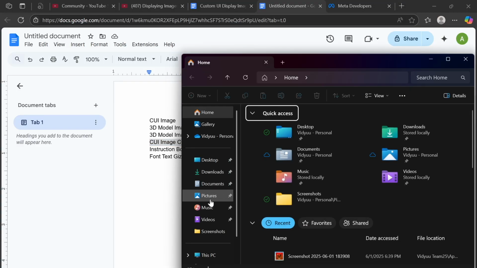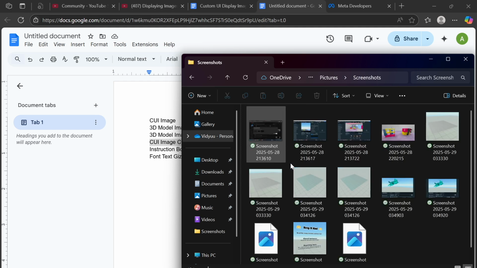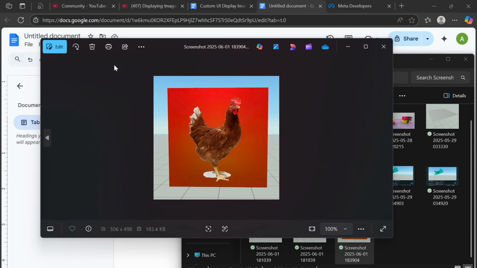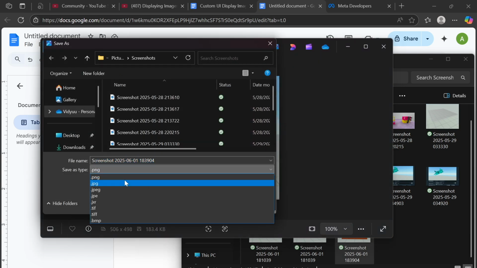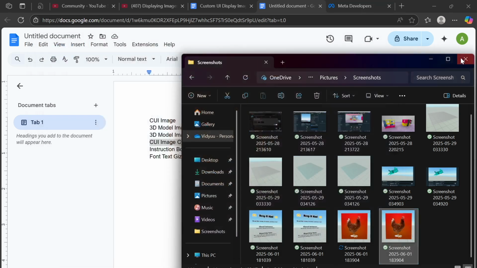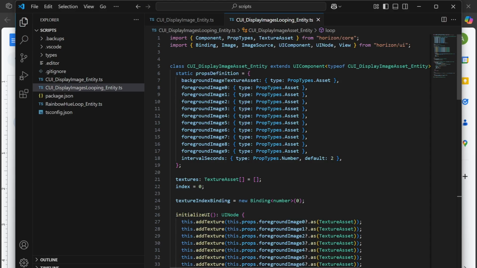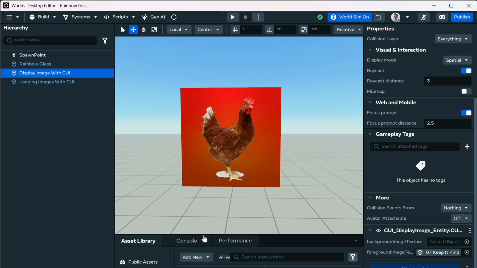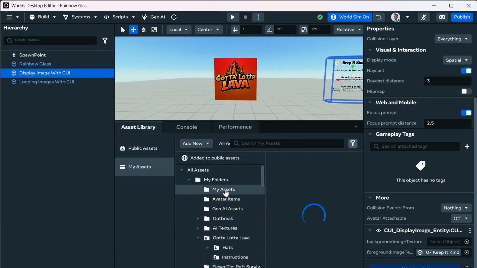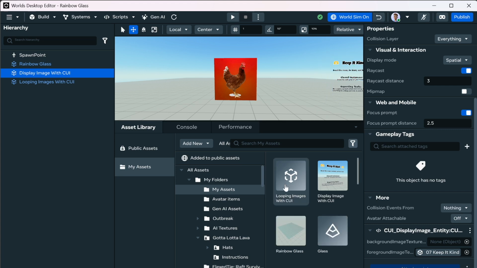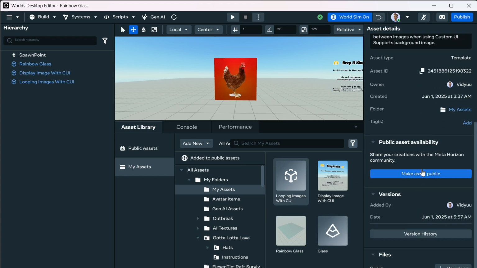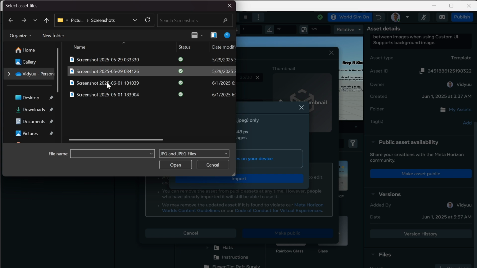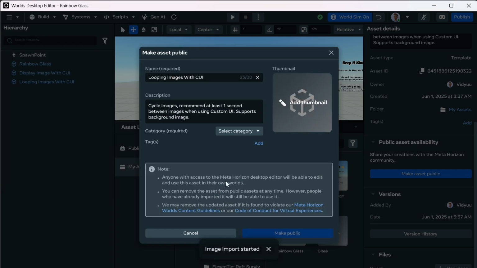Folders, go to pictures, screenshots, open this up, 3 dots, save as, JPEG, save. All right, there we go. Let's head back in here to Horizon, go to the asset, assets, my assets, looping images, go and make asset public, looping images with custom UI, add a thumbnail, choose file, latest thumbnail, open, import, second user recommended,